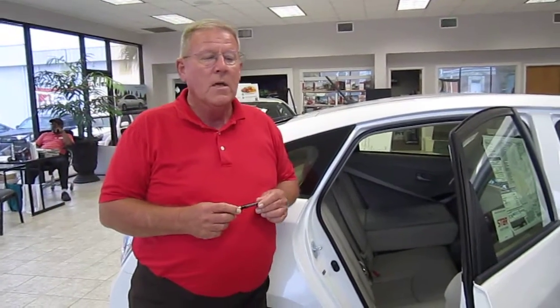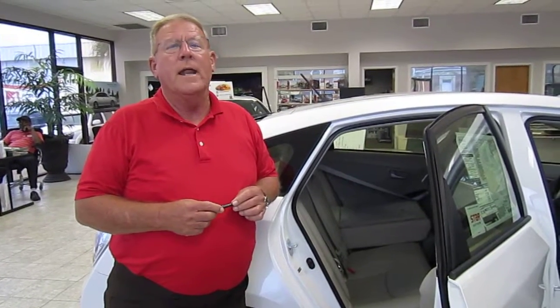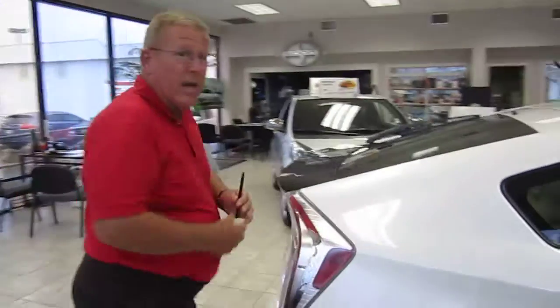There are many display audio selections that you can choose from on this vehicle. You've got automatic climate control. It has an available solar roof on it too. Now there are some other things, if you'll step right around this way, I'd like to share with you on